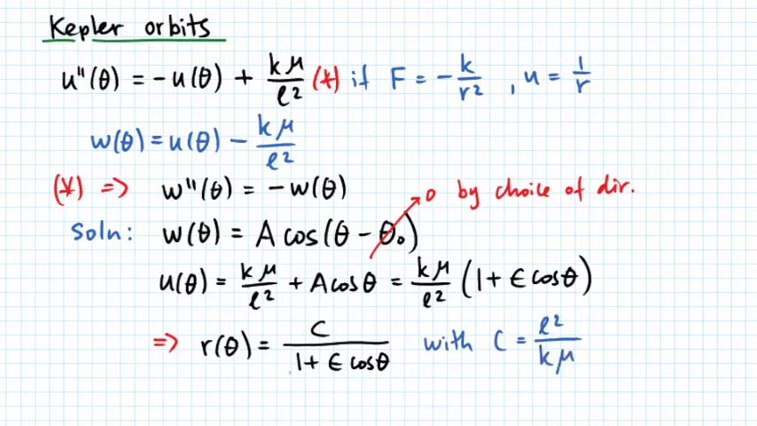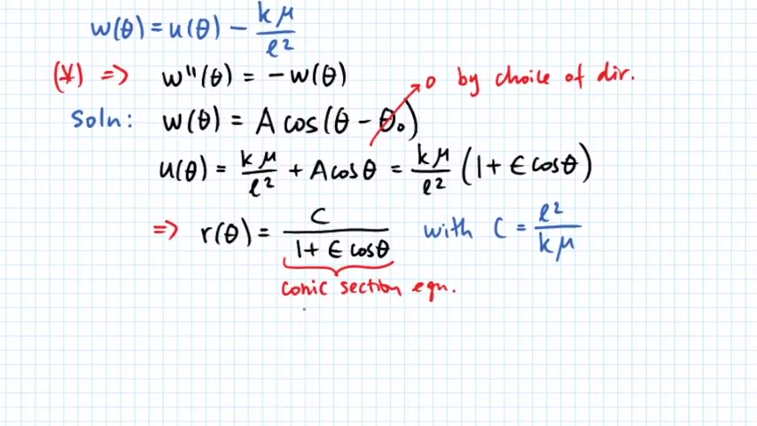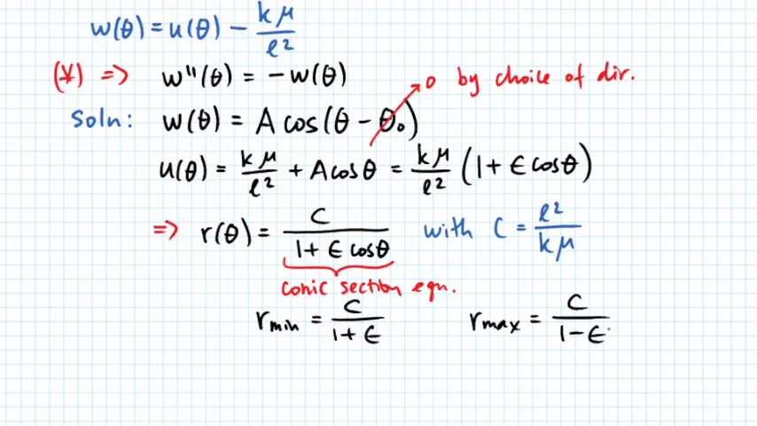We can recognize r of theta as the equation of a conic section. We see that the orbit is going to be a conic section. We have the minimum distance of the radius given by c over 1 plus epsilon and the maximum given by c over 1 minus epsilon. The point with the minimum radius is known as perigee,